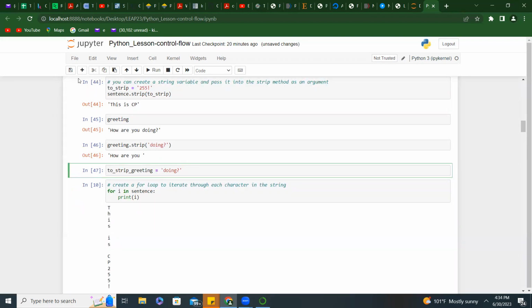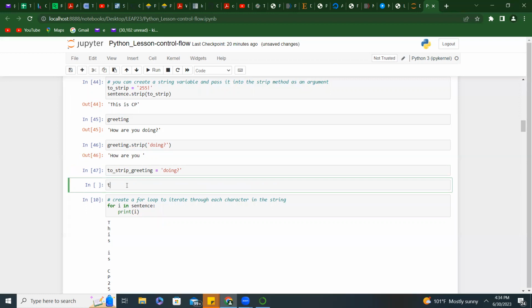So when you are looking for strip underscore,